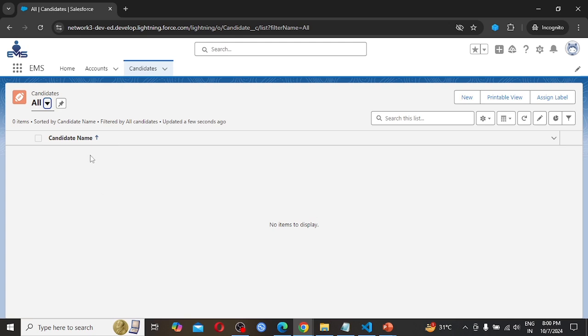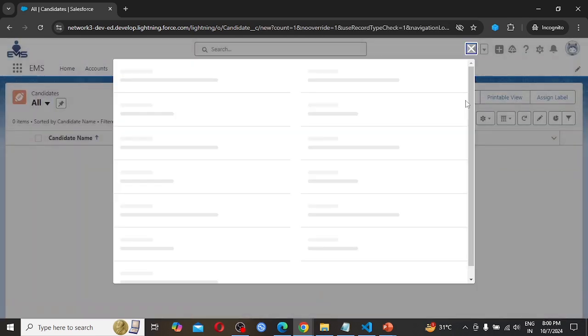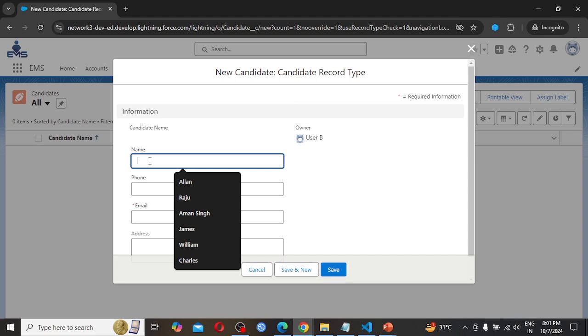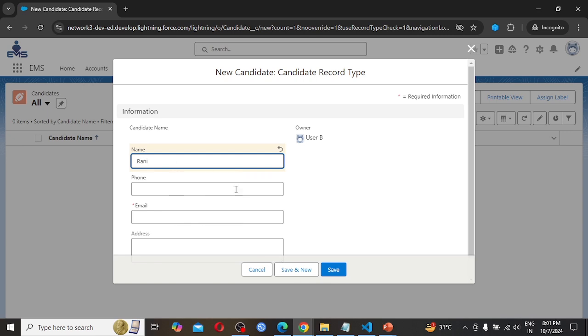If the user is the owner of the record, he can do all the operations on that particular record. But if someone is not the owner of the record, he can't perform any operation on that particular record. So in this case, user B is going to create one record by the name Rani.